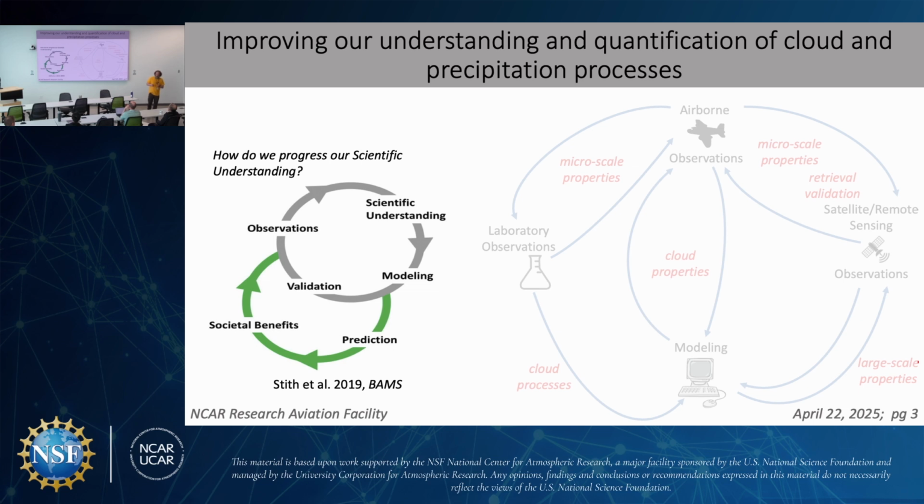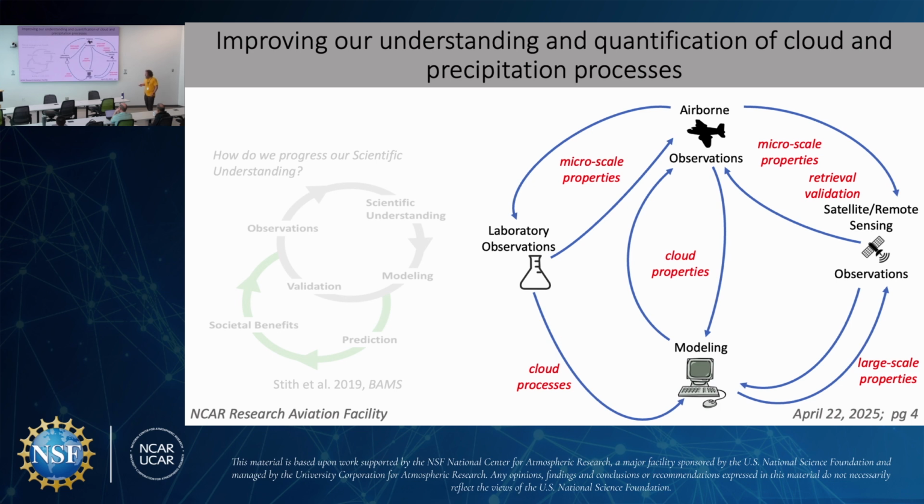We often find that our understanding isn't quite right, so that tells us we need to go out and make new observations or observations in different space, and we just continually go through this circle where we're improving with each pass through the circle of both the observations and our understanding and our representation in numerical simulations. And it's more than just aircraft observations, and